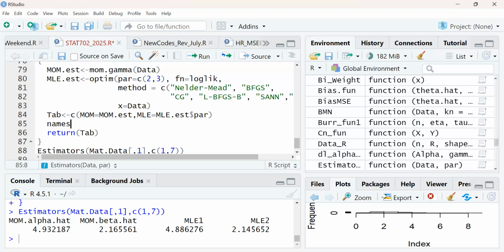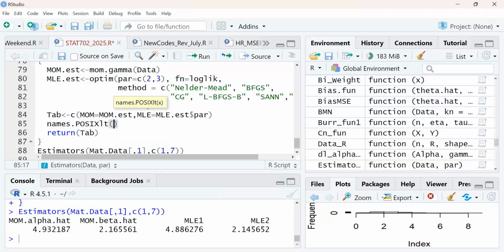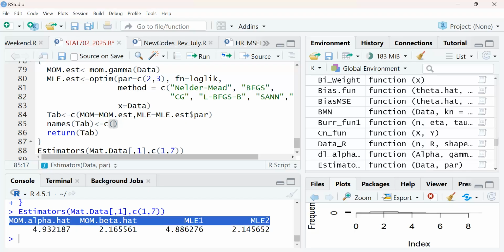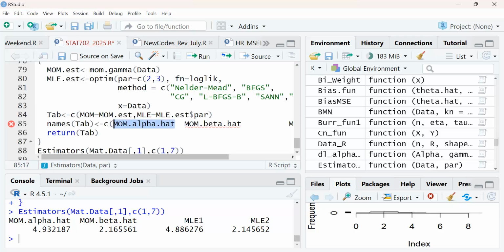So names. I don't know what you want, do you want the MLE dot alpha? Okay, we can do it MLE alpha. Maybe mom alpha is okay, otherwise it will be too long. Like this.